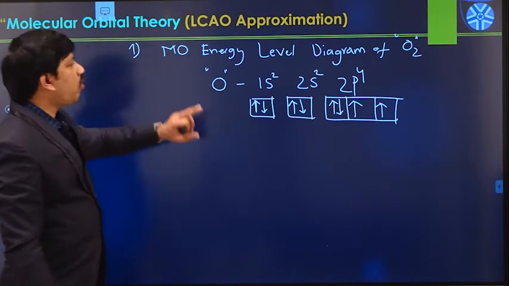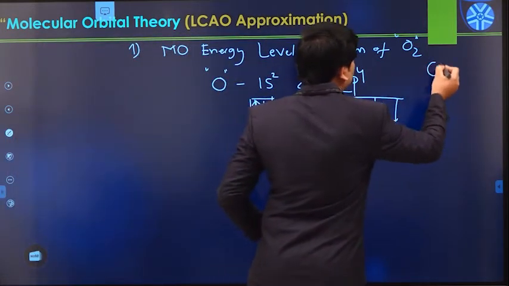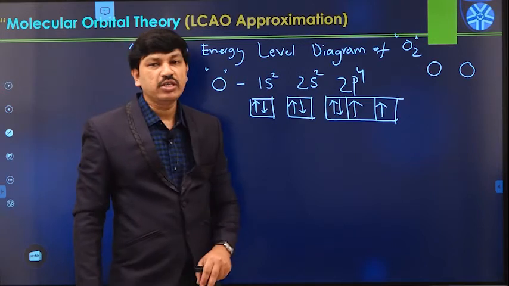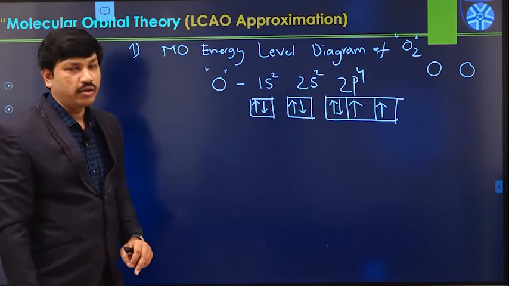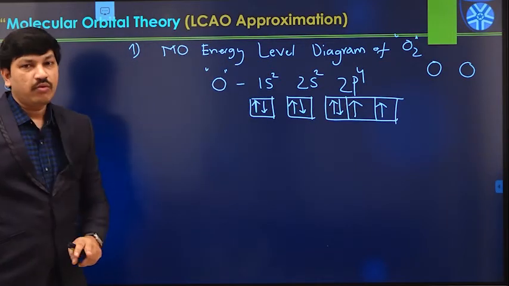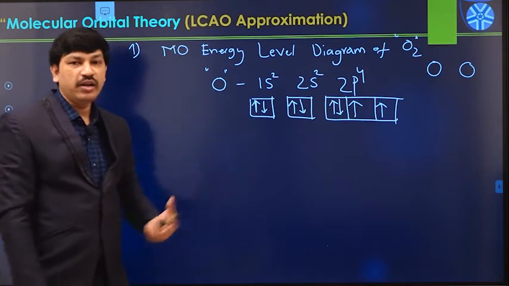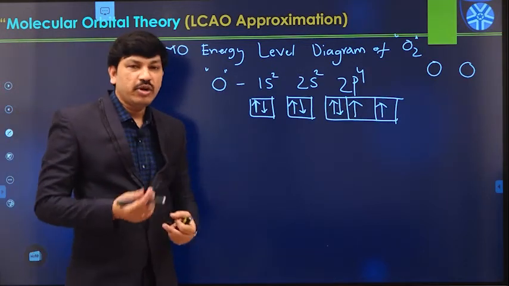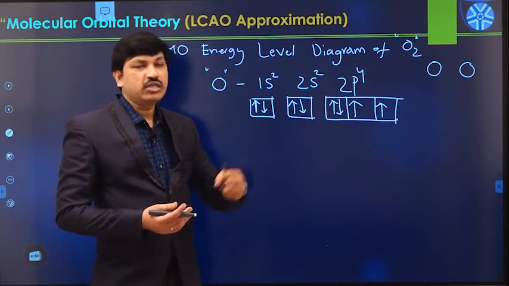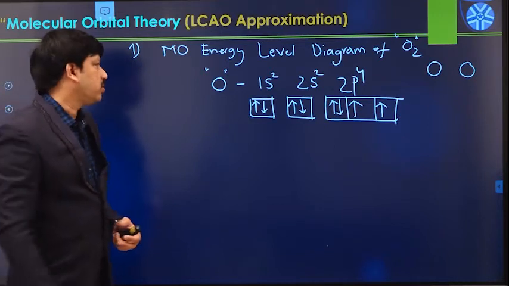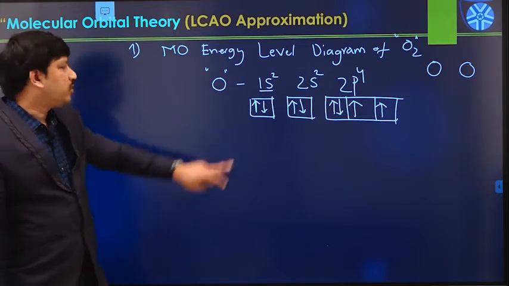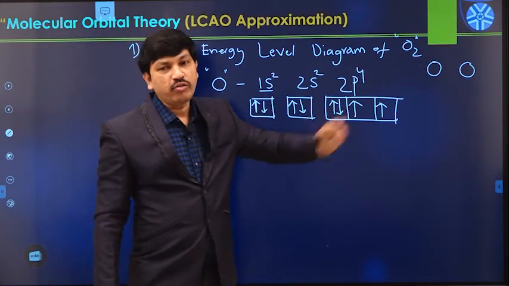Like this we have 2 oxygen atoms in the O2 molecule. This is the first one and this is another one, and there is a bond between them. Let us see what type of bonding exists between the 2 oxygen atoms in the O2 molecule. To construct the MO energy level diagram, we have to go through the linear combination process. Generally, linear combination occurs if the energies of the 2 atomic orbitals match each other and the symmetry matches each other. So in this case, the 1s atomic orbital can undergo linear combination with the 1s orbital of the other oxygen atom.